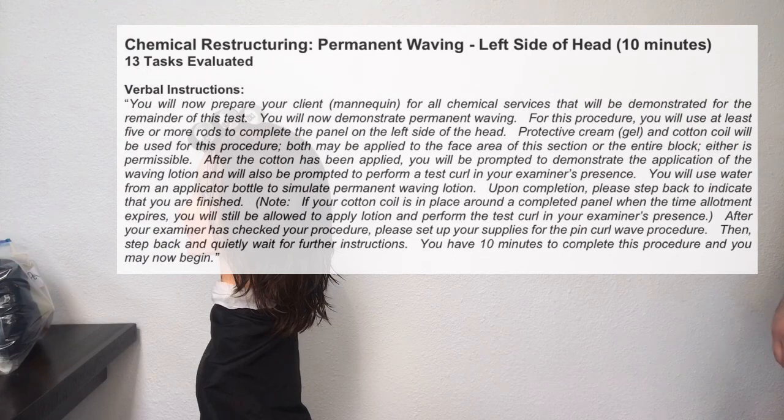For this procedure, you will use at least 5 or more rods to complete the panel on the left side of the head. Protective cream, gel, and cotton coil will be used for this procedure. Both may be applied to the face area of the section or the entire block. Either is permissible. After the cotton has been applied, you will be prompted to demonstrate the application of waving lotion